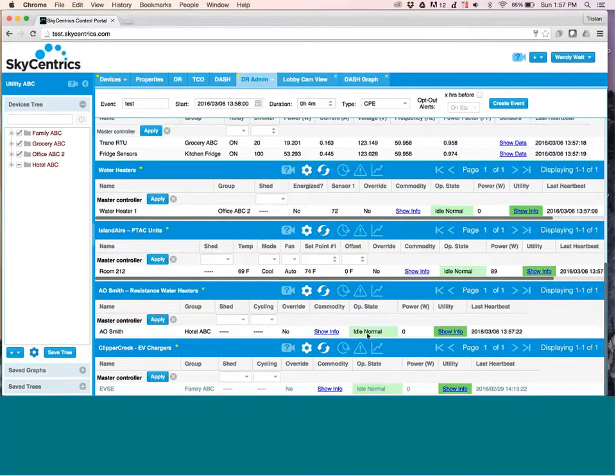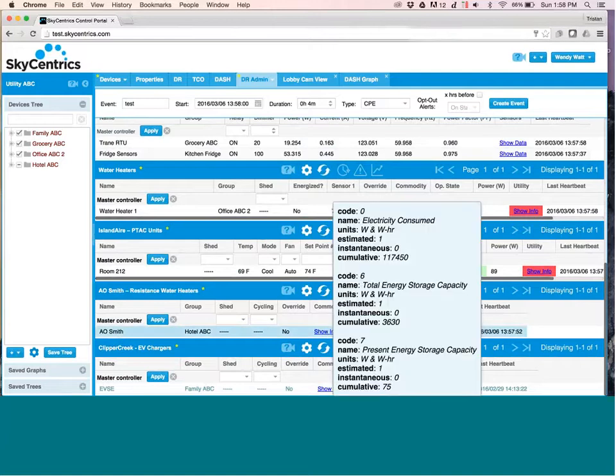So I'm going to scroll down, and you're going to see that we have operational states that are color-coded. Everything's in idle normal right now. The Clipper Creek EV charger is offline, so you can see that it's a little blue-gray instead of the black. The A.O. Smith water heater shows interesting commodity information, not only the electricity consumed, but the present storage capacity, which is small right now because it's a tabletop water heater, but this can range all the way up to 5,000 watt,